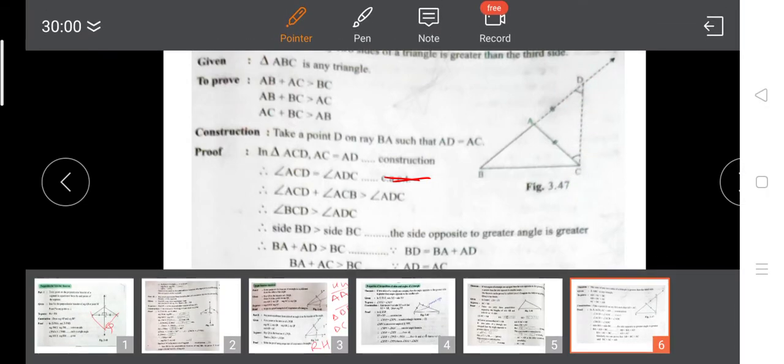It means that your angle BCD is ACD plus ACB. What is the addition? Look, ACD plus ACB, the addition of these two is angle BCD. So your angle BCD is greater than angle ADC. So if we add these two, it will be greater. Why? Because these two angles are equal. If I am adding something on the left side, the right side is always smaller. If phi is equal to phi, then phi plus 2 is obviously greater than phi.